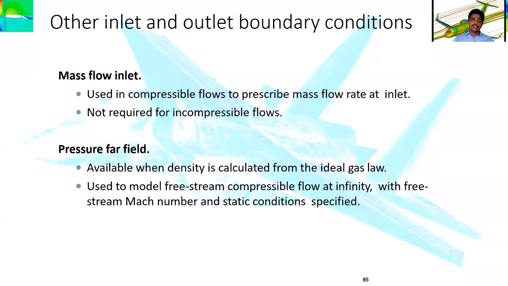Now, talking further, these are mass flow inlet and pressure far field. In the previous discussion we covered the pressure and velocity inlets. Now let's talk about the mass flow inlets. Where exactly do I need to apply the mass flow inlet? Mass flow inlets are better utilized in the case of compressible flows. If you put mass flow inlets as your boundary condition, convergence of the solution improves and the error can be reduced at a high rate.